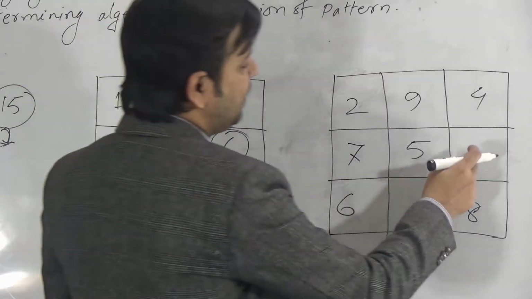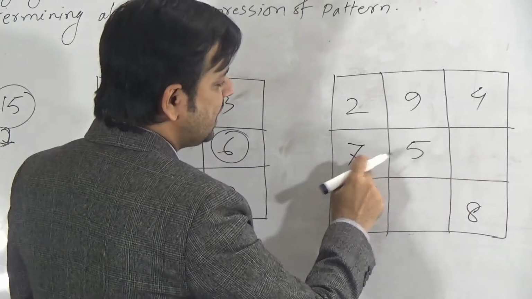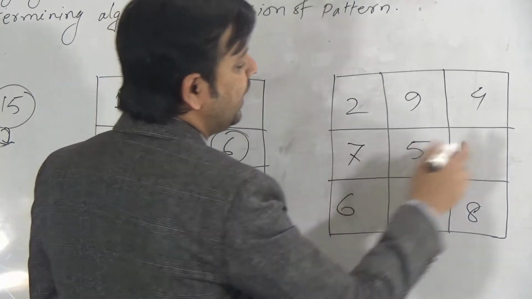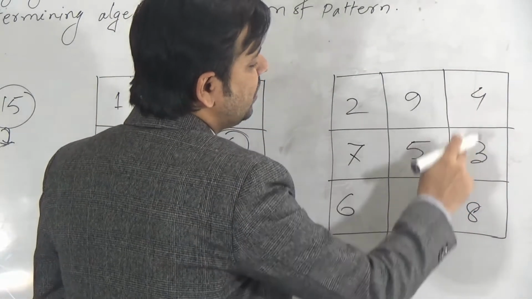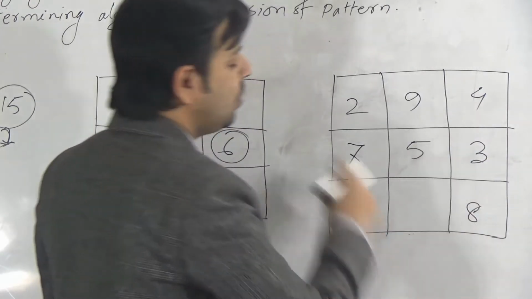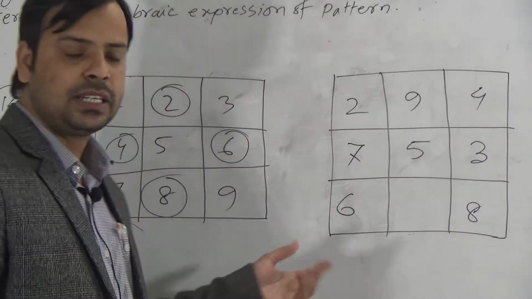Now we have to fill up this one. We can fill up in this way or in this way. Both are same. 7 and 5 is 12. So we need 3 to get the sum 15. Now check in this way. 4, 3, 7 and 8, 15. So sum is always same if we add vertically or horizontally or diagonally.